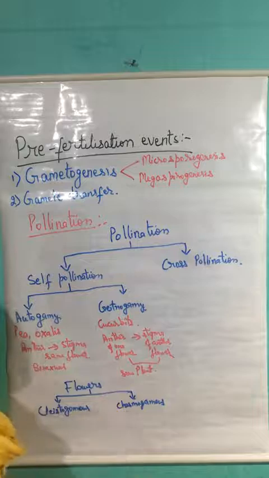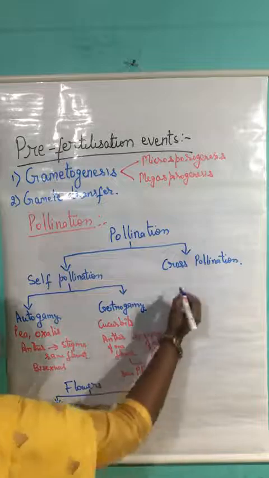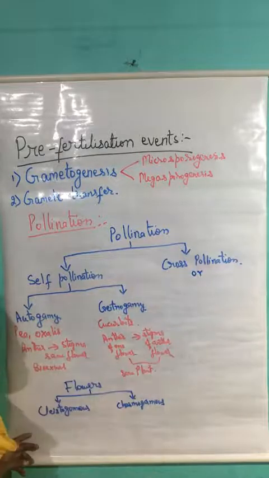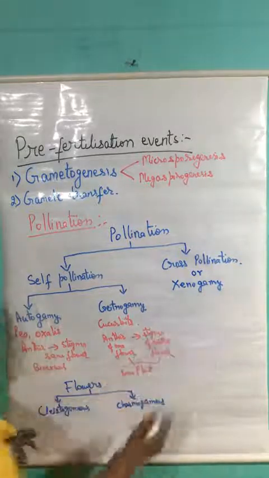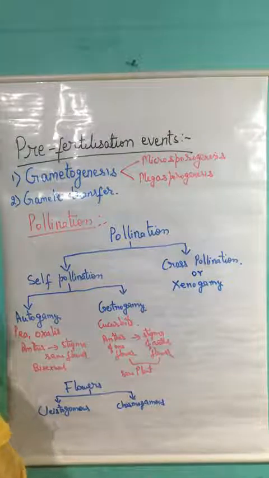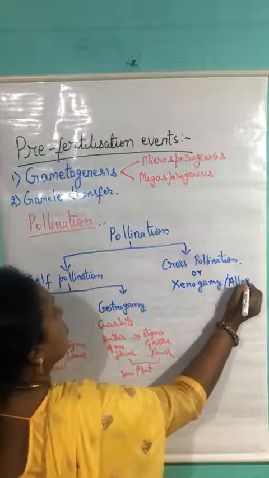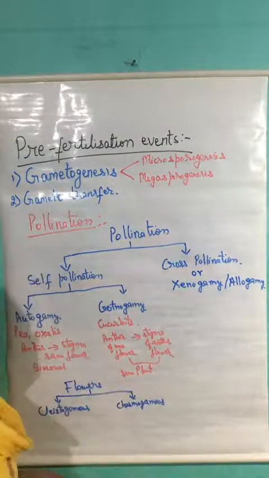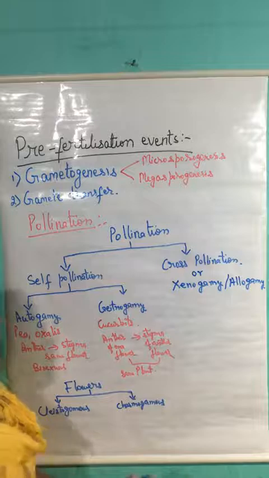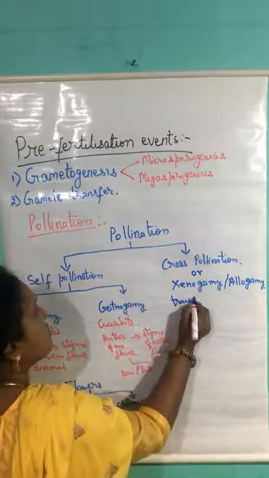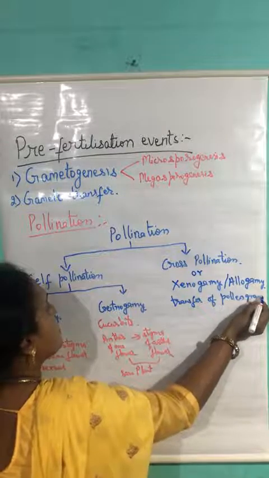The third type of pollination is known as cross-pollination. This pollination is also known as xenogamy or allogamy. Xenogamy or cross-pollination is the type of pollination where the transfer of pollen grain takes place